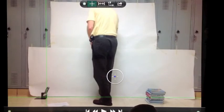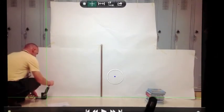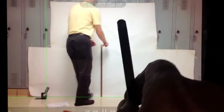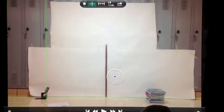So you can set up a ruler. And you can pretty much guess that your ruler is going to be halfway in between where the ball bearing lands and where it shoots. But again, you can do a couple of trials to make sure your ruler is where, when you do a close-up, the ruler is going to be exactly in line with the maximum height of the projectile. So I'm adjusting, but it's just me, so I can't have somebody adjust the video. So once you get it how you want it,